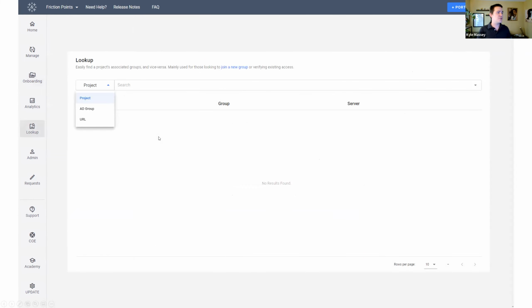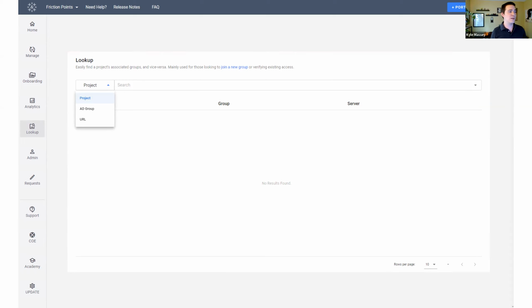And then another one that I'll just show you, this is very useful, that we point people to a lot. I don't know if you've ever had the experience where someone sends a link to you and says, hey, I need access to this. Or someone says I need access to this, but I don't know who the project owner is, and I don't know what the AD group I should join is, et cetera. And because of the size of our infrastructure, it's a lot of digging around for us too.